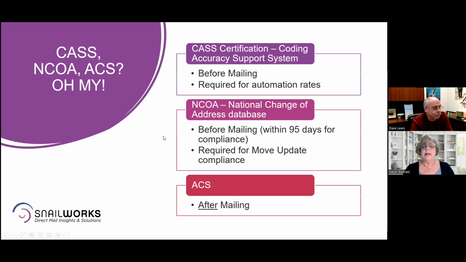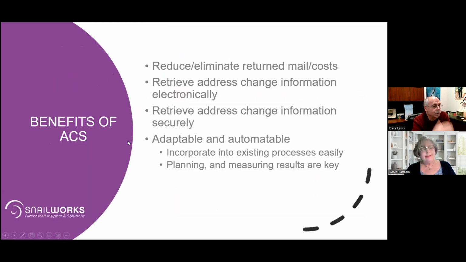ACS is built on a lot of field knowledge and other knowledge that the post office has. It's a more extensive database. And so any pieces of mail that they can't deliver, if they are part of the ACS system, they'll run it through and obtain those updated addresses for you. We typically find that clients who are participating, who are doing good NCOAs and CASSs on their files, if they add ACS to the equation, they typically will still get somewhere between maybe 2 and 5% ACS hits, which doesn't sound like a whole lot of